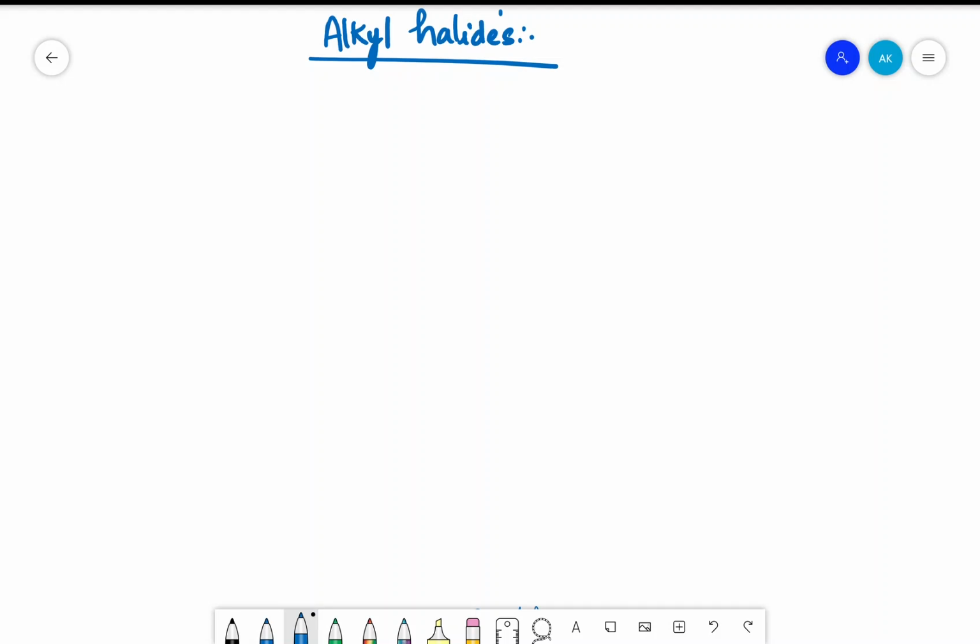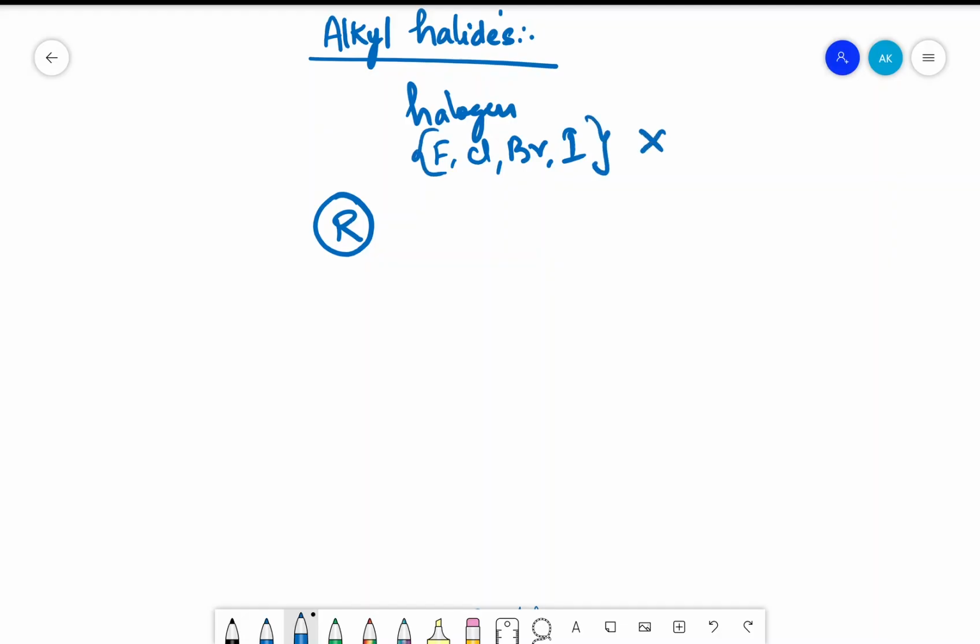Alkyl halides. As the name itself suggests, it contains halogens like fluorine, chlorine, bromine, iodine, which is attached to an alkyl group. R is the alkyl group. If we consider halogen as X and R is alkyl group, RX is an example for